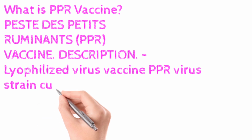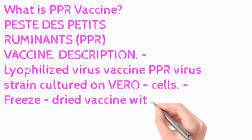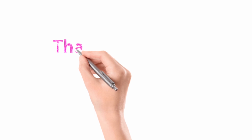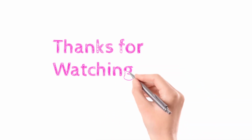Pest des petits ruminants (PPR) vaccine. Description. Lyophilized virus vaccine. PPR virus strain cultured on Vero cells. Freeze-dried vaccine with a minimum titer of 2.5 TCID